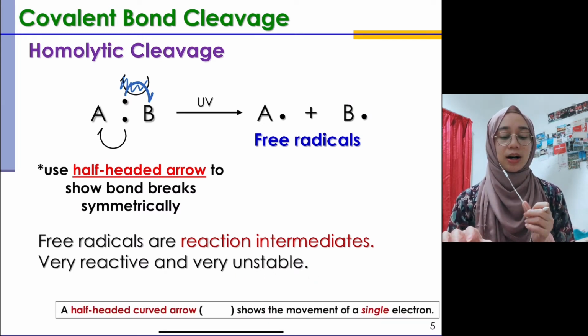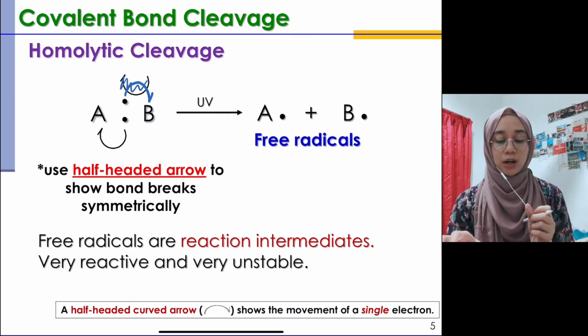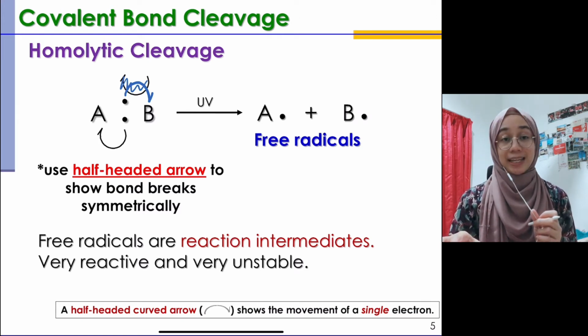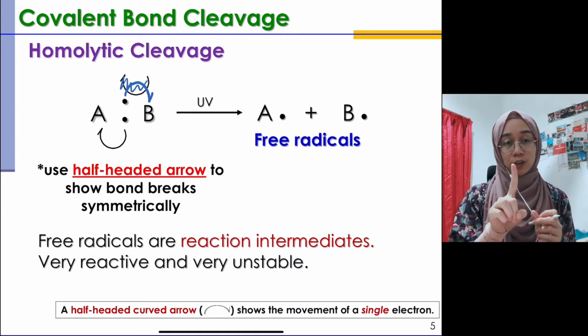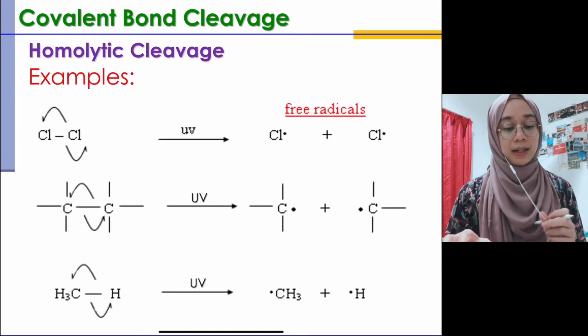Okay, so a half-headed arrow here, just a reminder to you, a half-headed curved arrow, it shows the movement of a single electron. Macam saya cakap tadi, okay, dia menunjukkan pergerakan satu elektron. Keep that in your mind please. Okay, so for example here, kita ada